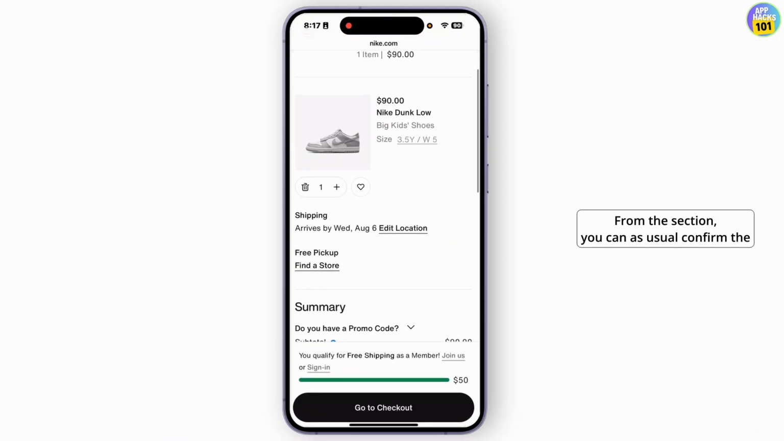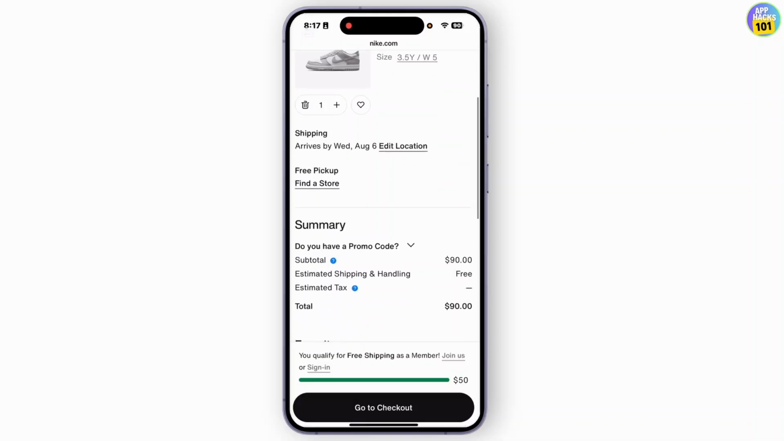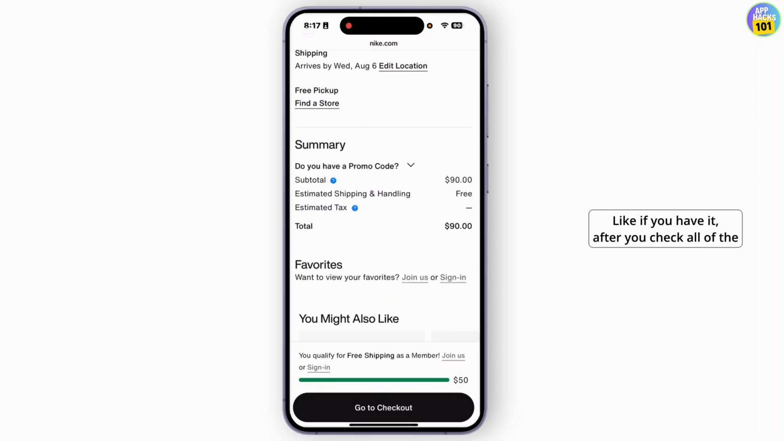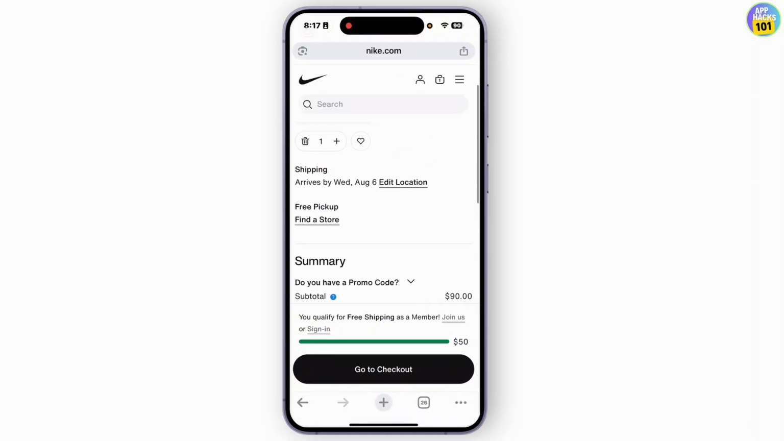From this section you can, as usual, confirm the shipping location or any prices. You can also go to the option promo code, if you have it. After you check all of the conditions from here, tap on the option go to checkout,